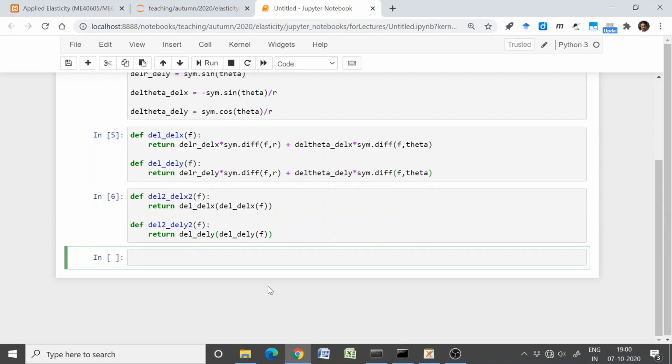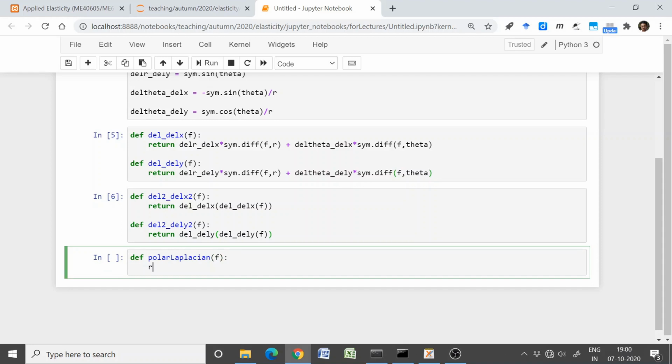Now the moment I have this, I can quickly write down my Laplacian operator, which is nothing but del square f del x square plus del square f del y square. Since I have already defined these second order derivatives, I can write down this polar Laplacian. So again, I'm defining it like a function, and all that I have to do is